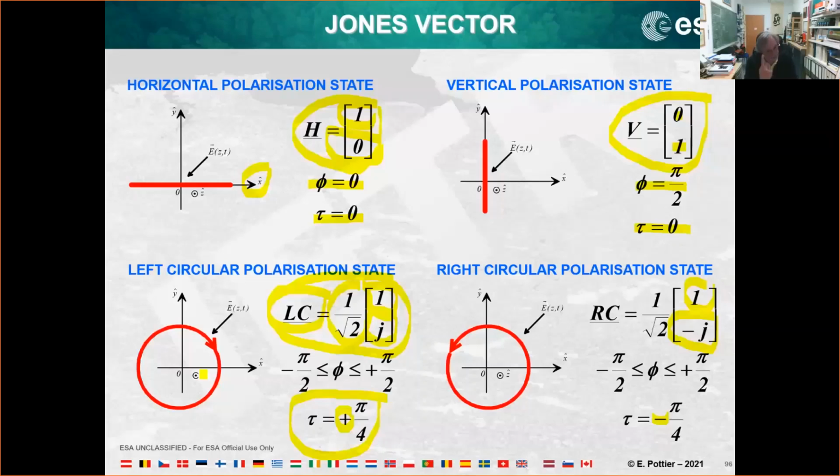So the solution would be the following, and we have some Canadian colleagues working on that, will be to transmit a circular polarization. Because if I have a circular polarization, okay, if I have a rotation due to the Faraday rotation of the circular polarization, it is again a circular polarization. So the circular polarization is not affected by the Faraday rotation. Okay, this is a solution. But remember that this Faraday rotation, this problem due to the ionosphere, is only valid for low frequency.